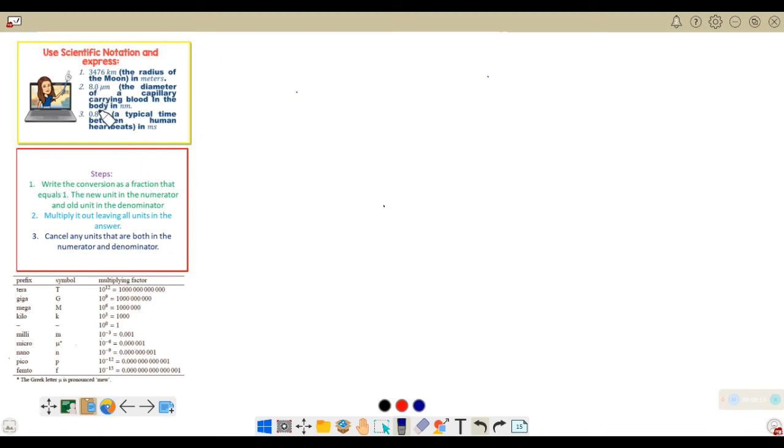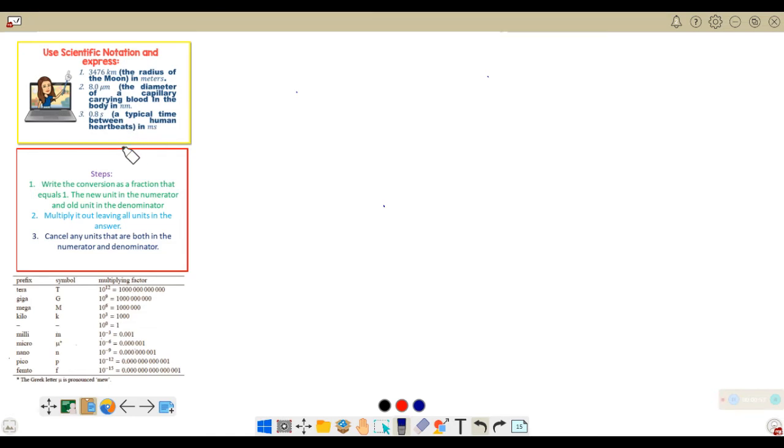So we have three problems here. Use scientific notation and express 3,476 kilometers, the radius of the moon in meters. Next, we have 8 micrometers. It is the diameter of a capillary carrying blood in the body in nanometers. And finally, we have 0.8 seconds. This is the typical time between human heartbeats in